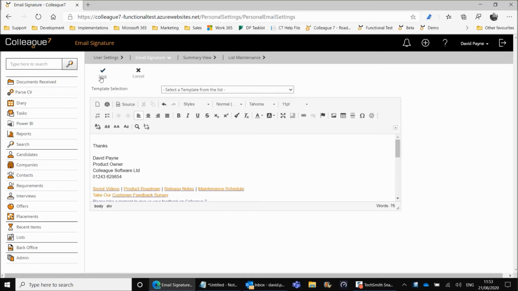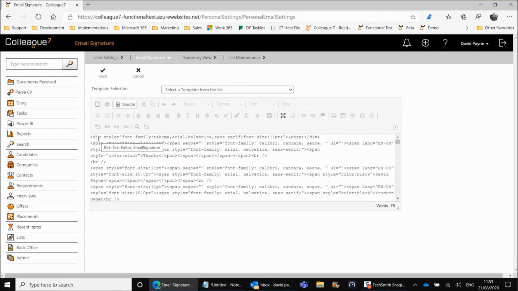Whereas now we've got a save option in there, so that it can check the validity of the email signature to make sure that it will send correctly and won't generate any errors. What we were finding is that for some clients, their email signatures would result in bad request errors when they were being sent out. To explain what I mean by that, as an example, if I was to put